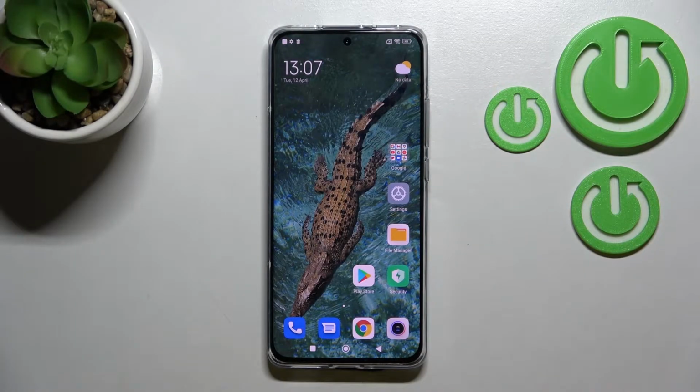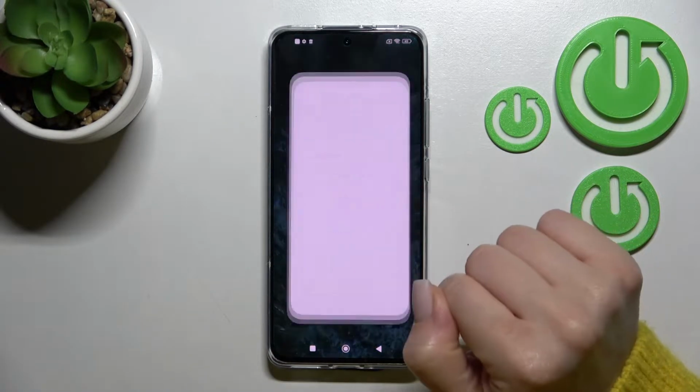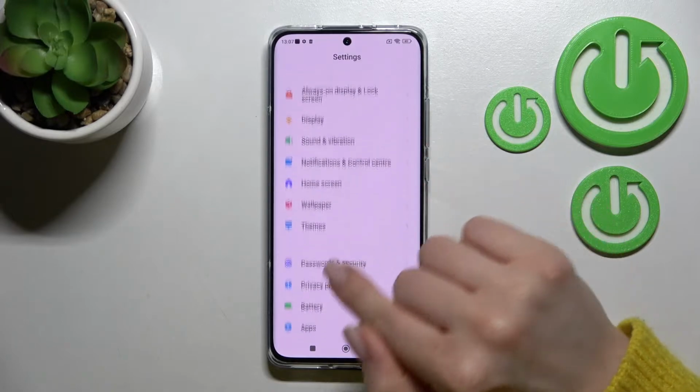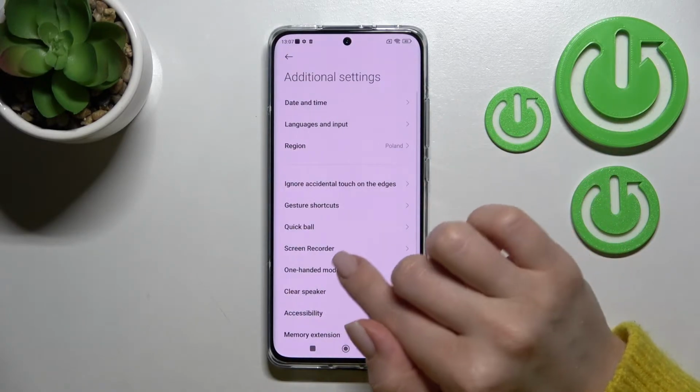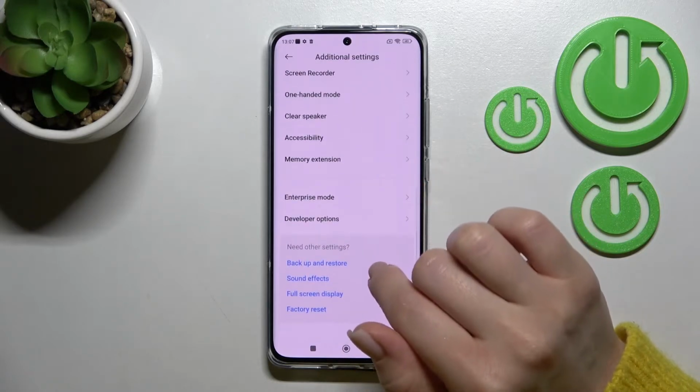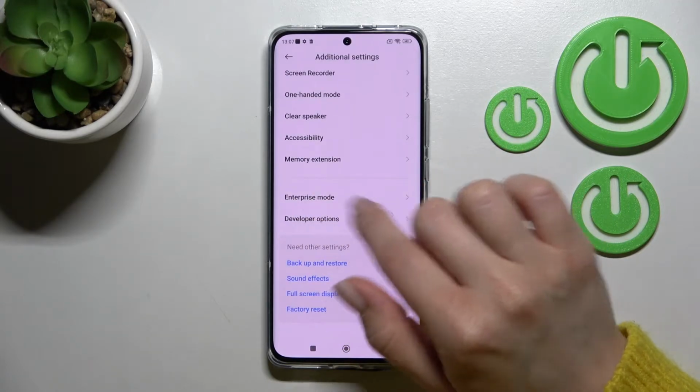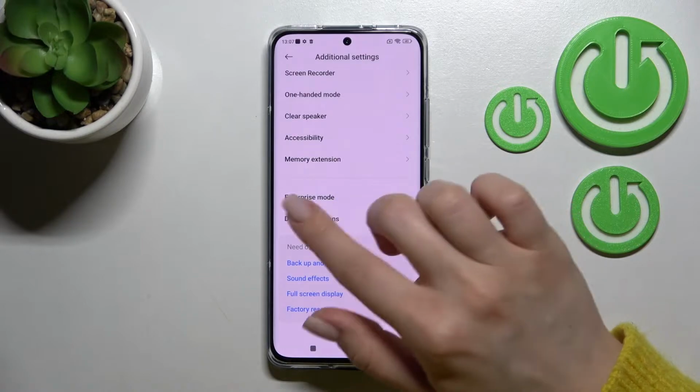Welcome, today in front of me is a XIAOMI 12X, and I'll show you how to hide developer options on this device. So first you should go into the settings application and then scroll down to the additional settings. After that, scroll a little bit more down, and here you'll see the developer options section if the developer options